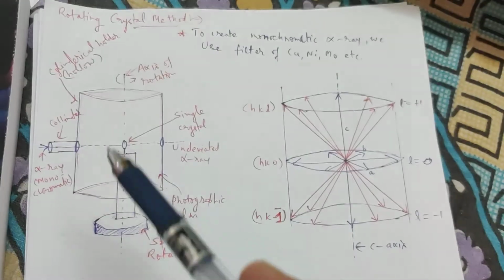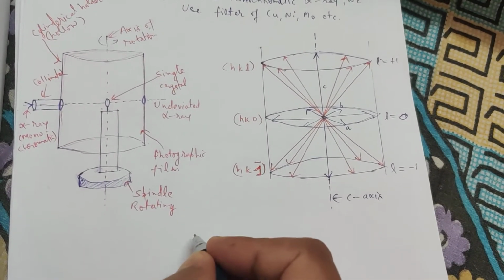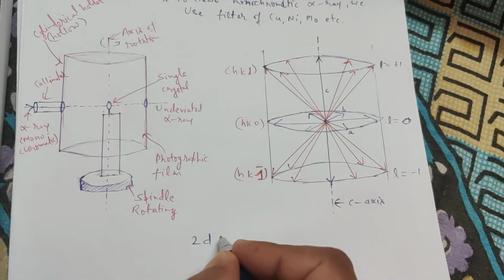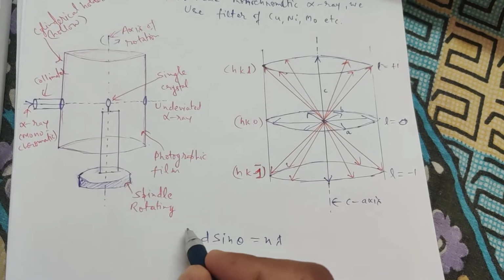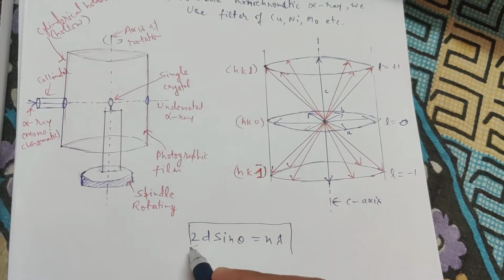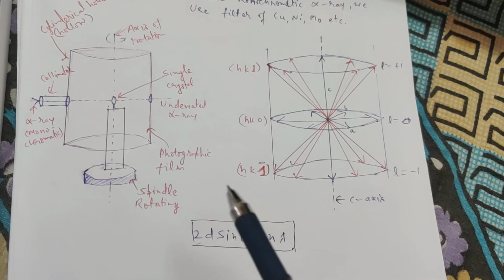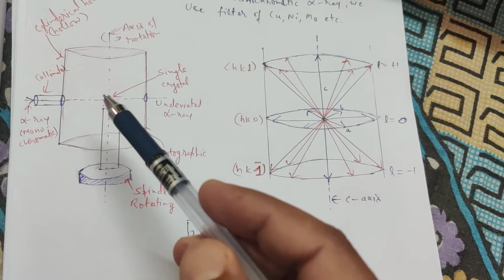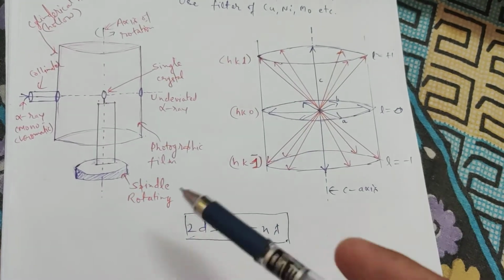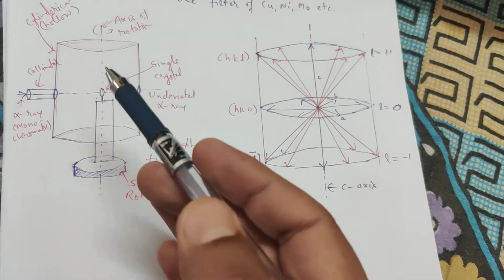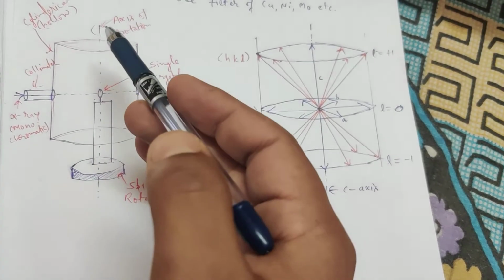The underlying law governing this X-ray diffraction is Bragg's law. Bragg's condition should be satisfied, only then do we get a diffraction pattern. This Bragg's condition should always be satisfied. I have said that there are so many parallel planes. So when, at a particular time instant, your plane is parallel to the axis of rotation,